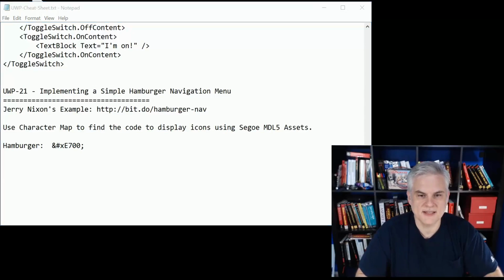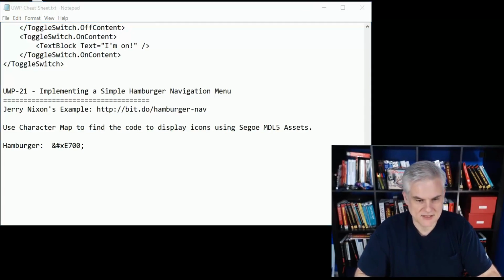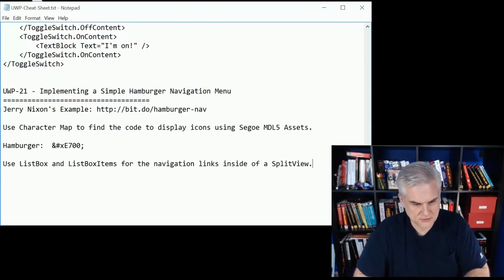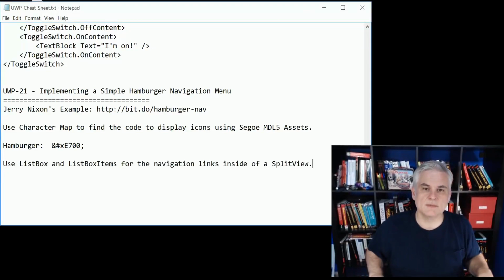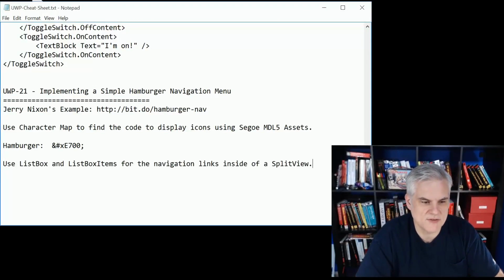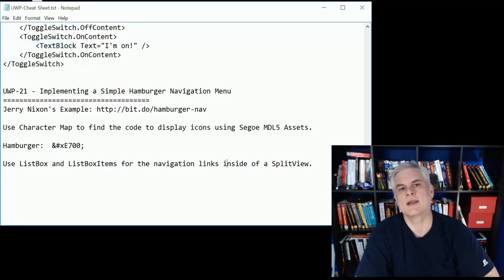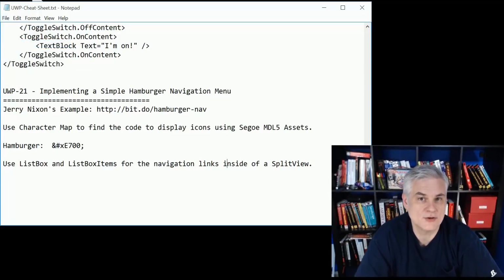All right, and then finally, and I'm not going to write out a lot of this, you can always find this code example. You can use listbox and listbox items for the navigation links inside of a split view. And that's what we did in that example. And that technique is going to come in handy in the very next video, because you're challenged to create a more full-featured